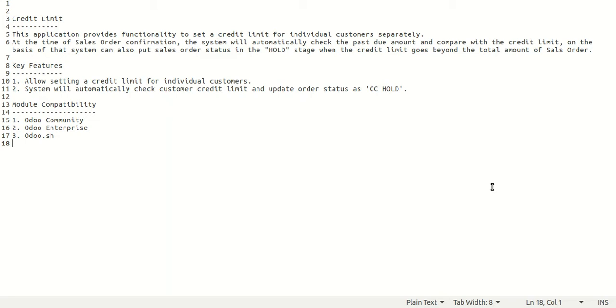Hello guys, so in today's video we will talk about our module, that is credit limit. Basically, as you can see, this application provides the functionality to set a credit limit for individual customers separately. At the time of sales order confirmation, the system will automatically check the past due amount and compare it with the credit limit. When the sales order's total amount exceeds the credit limit of that respective customer, then the system will automatically put that particular sales order into CC